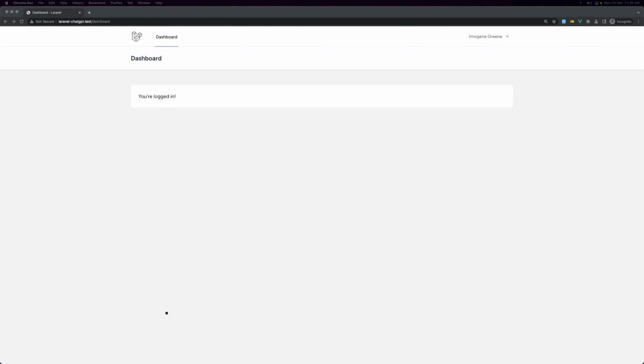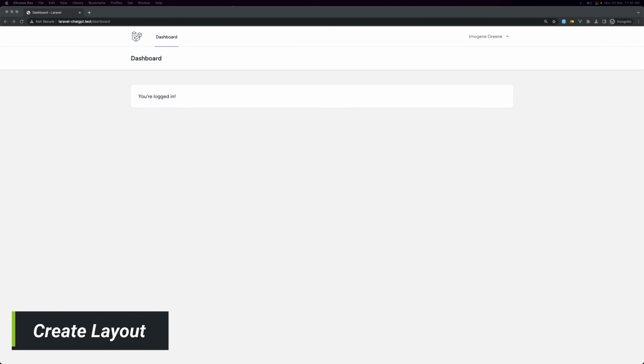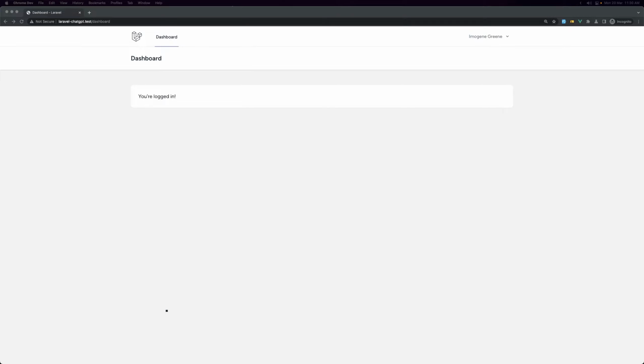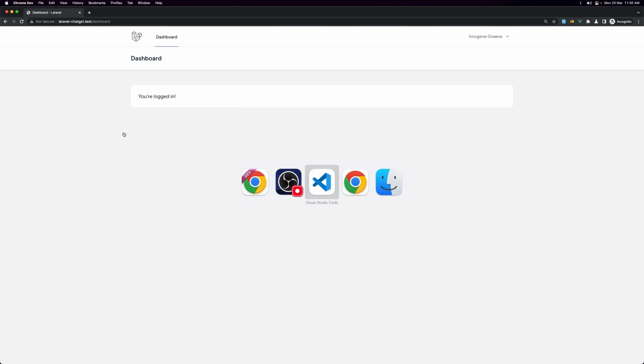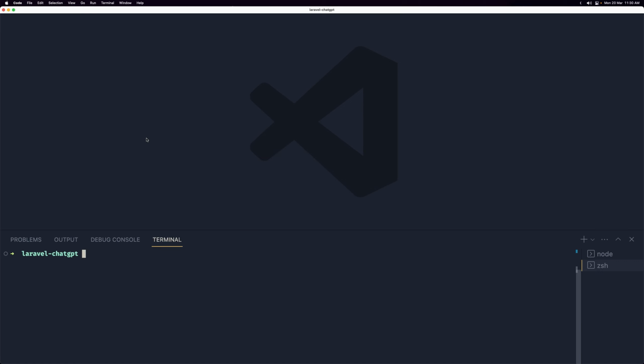Okay friends, welcome. So in this video now, I'm going to create the chat layout, controller, and also the index page. We need to add also the link here to navigate to the chat. So let's start first by creating a ChatGPT controller, and on the terminal I'm going to say artisan make controller,